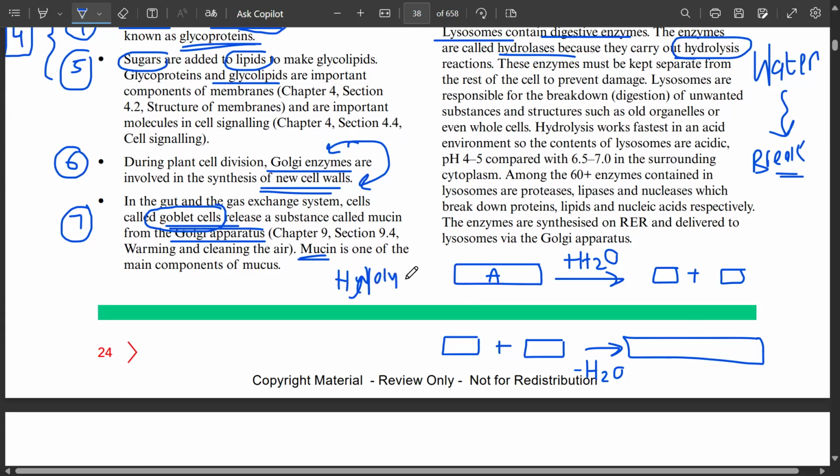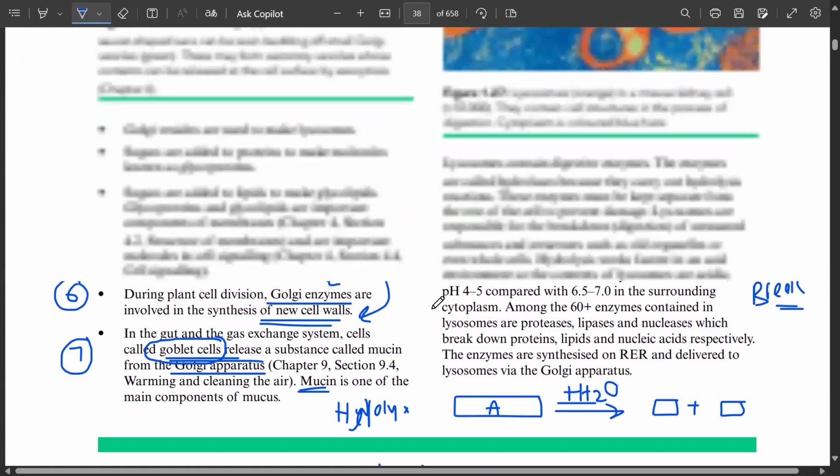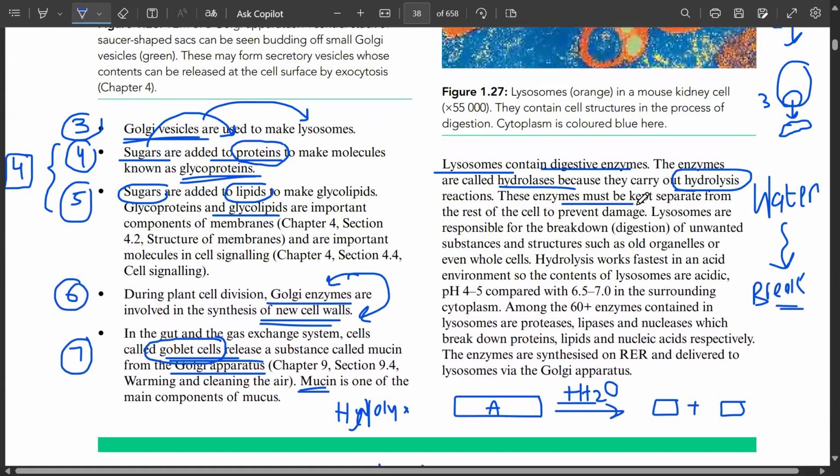You can write it down with you as well. Hydrolysis is the addition of water to break down molecules. Condensation is the removal of water to join molecules. Now, these enzymes that are present in lysosomes, they are known as hydrolases. Lysosomes are responsible for the breakdown digestion of unwanted substances and structures such as old organelles or sometimes even whole cells. Now, in many cases, you'll study in your chapter number 11 with me, the very last chapter of AS,